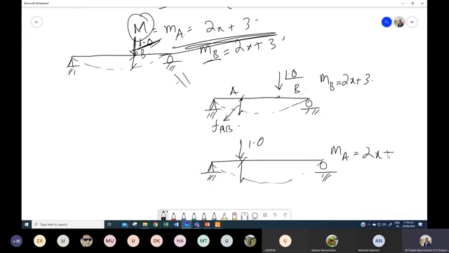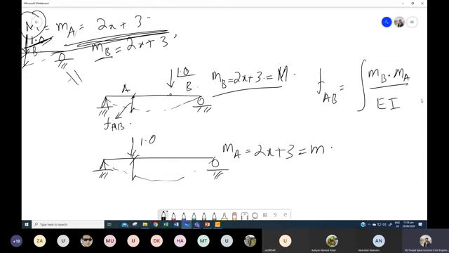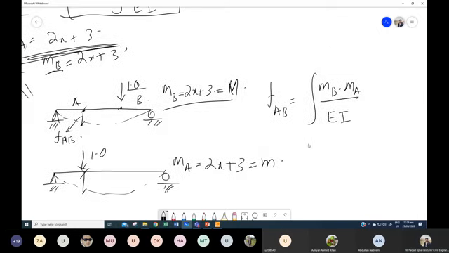दैट इज इक्वल टू ये जो हमने M_A की इक्वेशन लिखी है, तो वो सेम इक्वेशन होगी। अब इसके लिए जब मैं फ्लेक्सिबिलिटी को लिखूंगा, अब ये इस केस में कैपिटल M है, ये इस केस में स्मॉल m है। ठीक है, अब जब मैं F_AB की डिफ्लेक्शन इक्वेशन लिखूंगा, तो दैट विल बी M_B, बिकॉज कैपिटल M इज M_B, मल्टीप्लाई बाय m_A डिवाइडेड बाय EI इंटू dx। ठीक है,